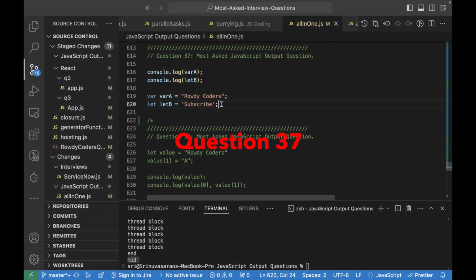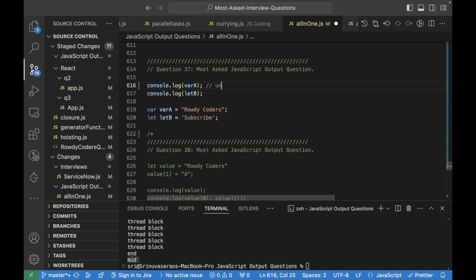So here a kind of hoisting will happen, wherein the declarations will be moved to the top. Here this var a and let b will be moved to the top. But in case of hoisting, var will be assigned with undefined, but when it comes to let, it won't be assigned with anything. So here while trying to log, var a will give undefined, but when it comes to logging let b, it is not assigned with anything, so it will give an error. Okay, so let me run it, and so here it's nothing but undefined, and this will throw an error saying that let b cannot be accessed before initialization.